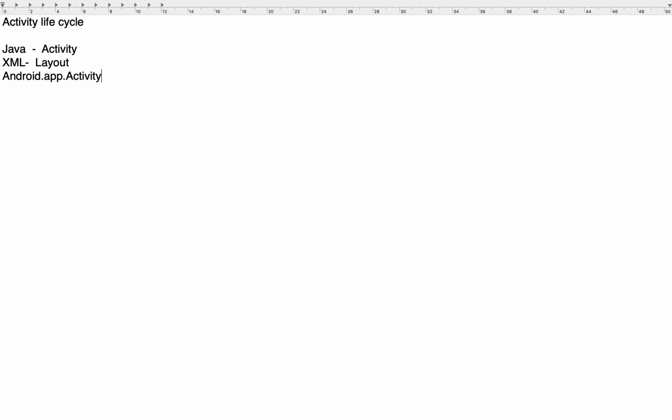android.app.Activity. Why do we have to make it only android.app.Activity as a class? Why not any other name? And in that we basically have the main class as MainActivity. Before understanding this question, we will see the life cycle of